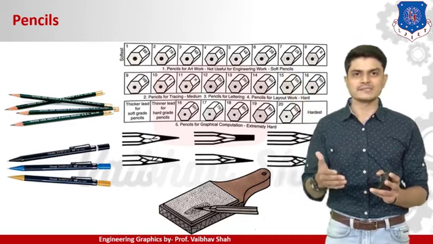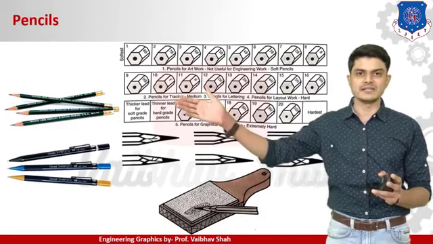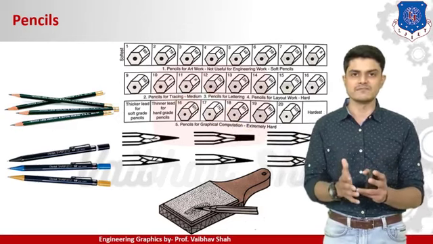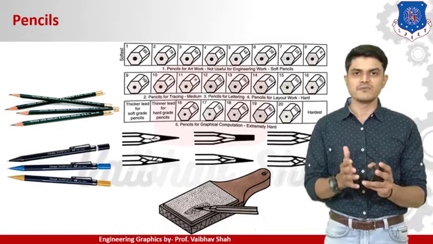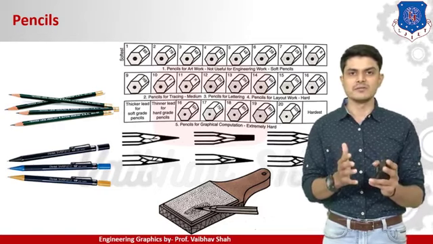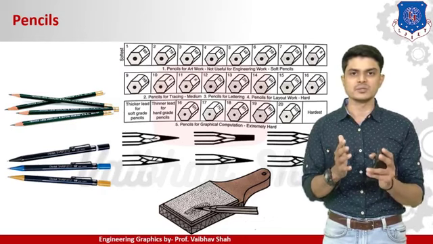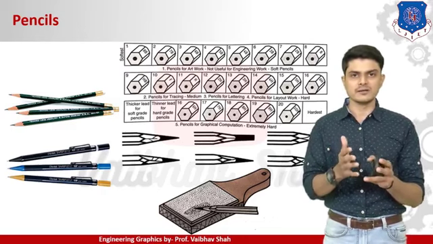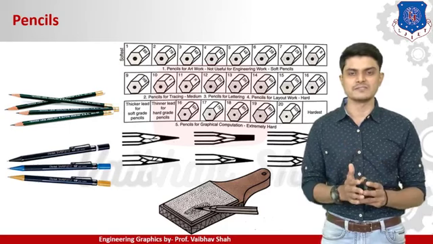Now let us come to our next pencil grade, which is known as the HB grade, which is a normal grade, day-to-day life grade. We are using this pencil for our normal tracing purposes because it is a balanced grade between your H and B grade, so which is a normal darkness of the pencil.